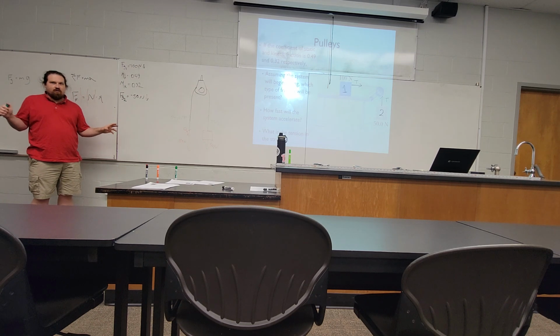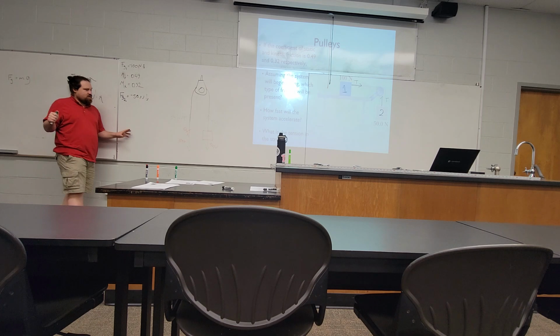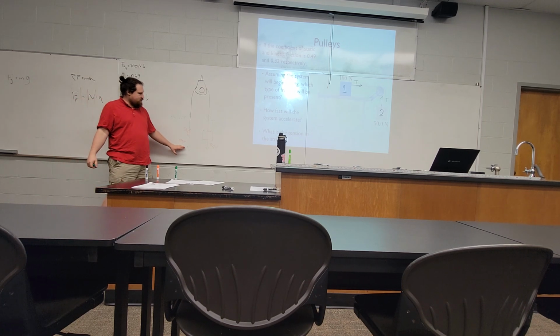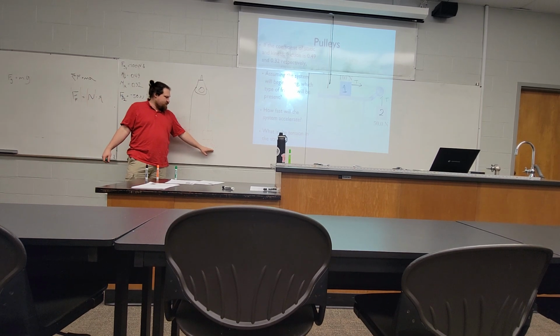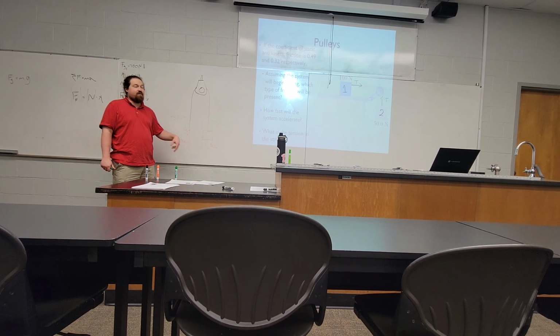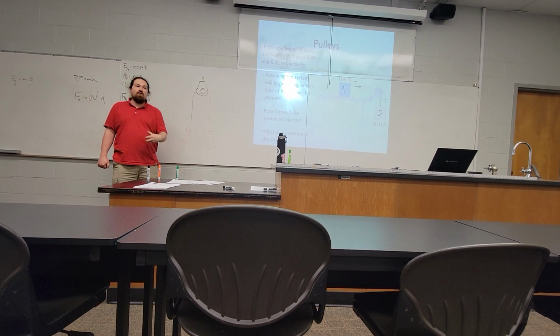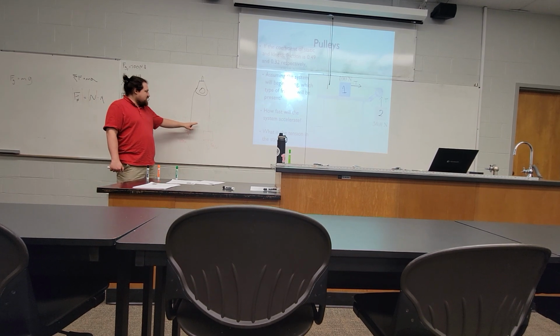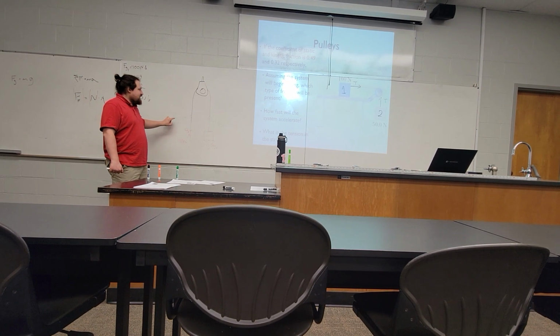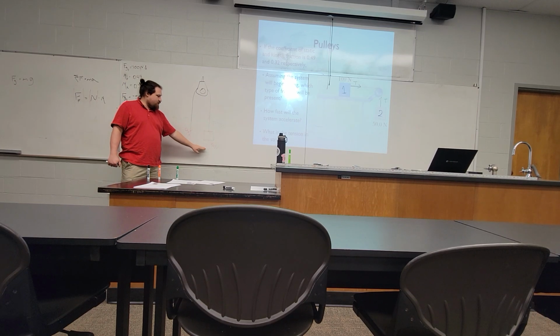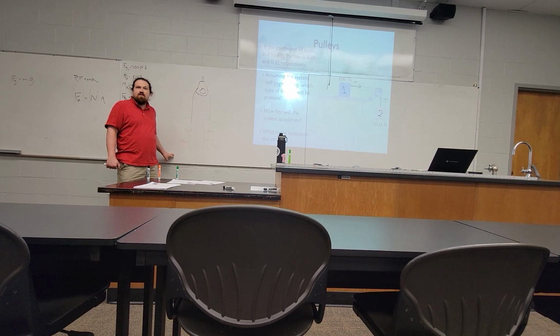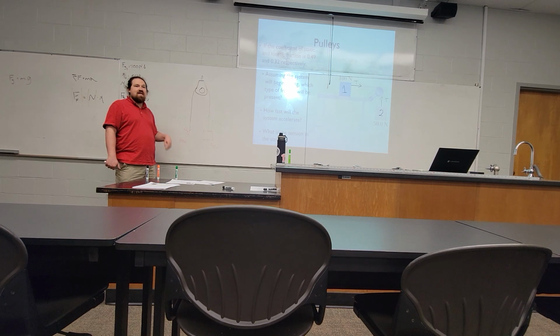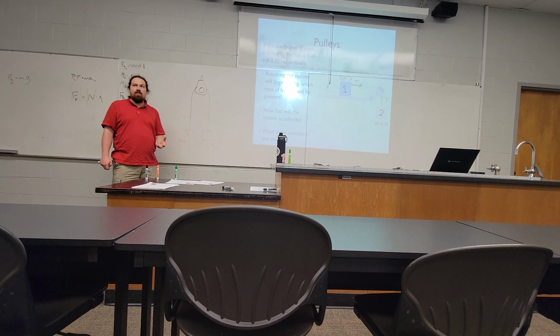Just as sample numbers, to build a frame of reference: person pulls with 100 newtons, box pulls with 50. That's a different amount of tension, a different amount of outward external force on either side. The tension on both sides has to be the same number, but that doesn't mean it's the same number as either of these. In fact, the tension would need to be a different number in order for this to actually